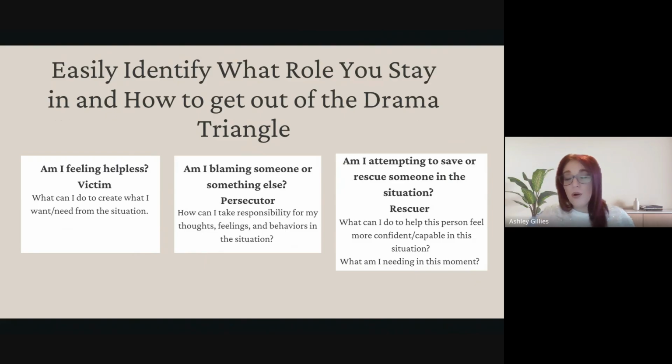But I get a Diet Mountain Dew every morning because that is what I need in the moment before I walk in that door. It gives me comfort, makes me feel good. I like the taste of it. It's just my thing. But then when I get off work, my Diet Mountain Dew is gone. It's like, that doesn't just stop. What do I need in the moment?